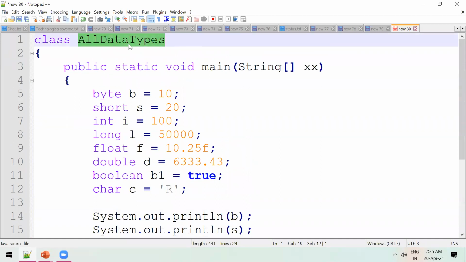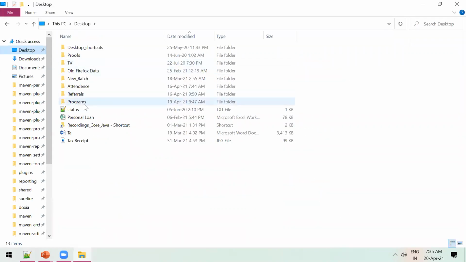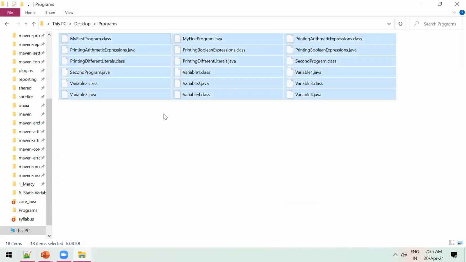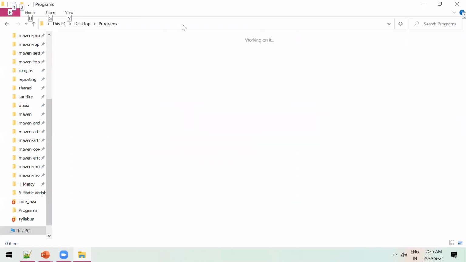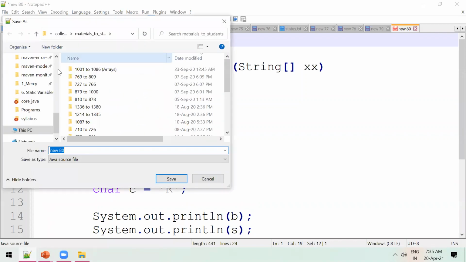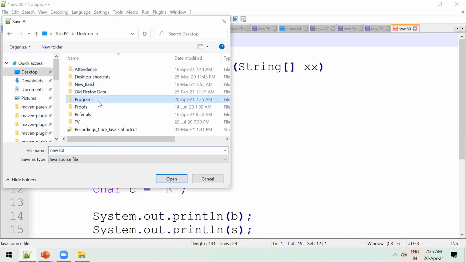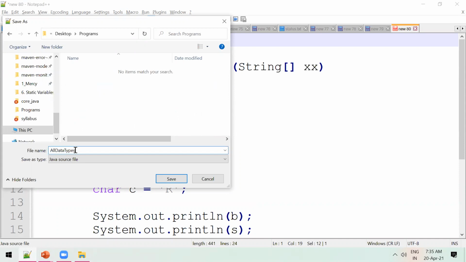Let's save it. Let's save it in this location. Under programs, you can save it here.